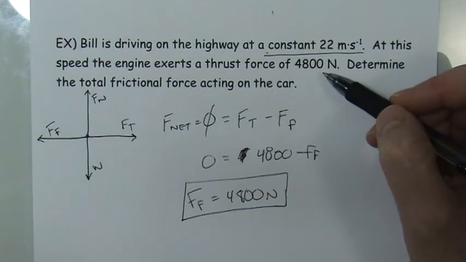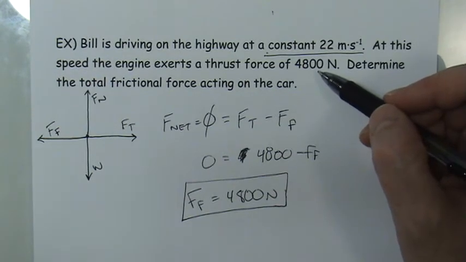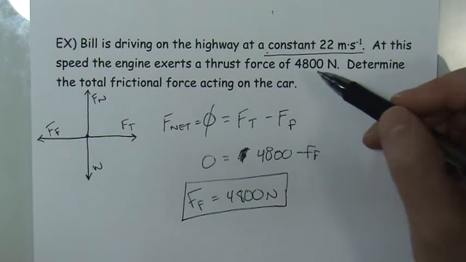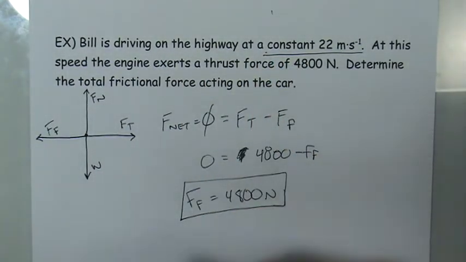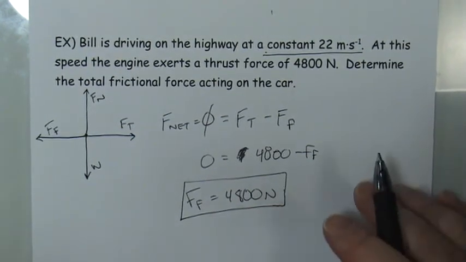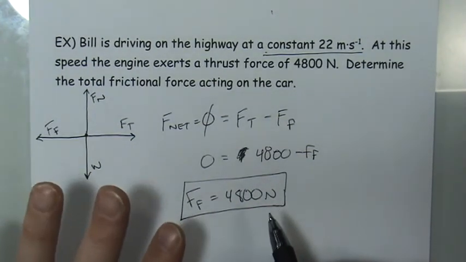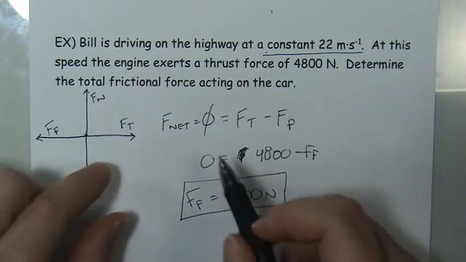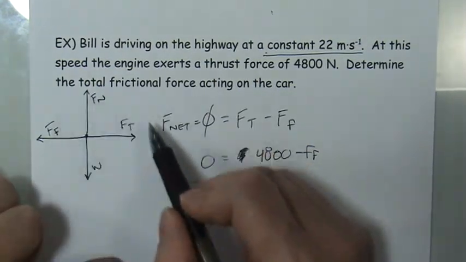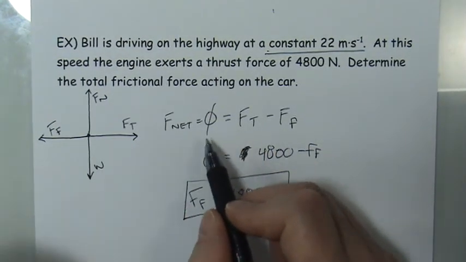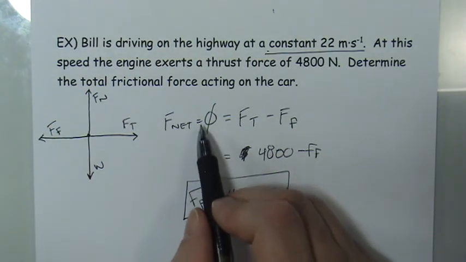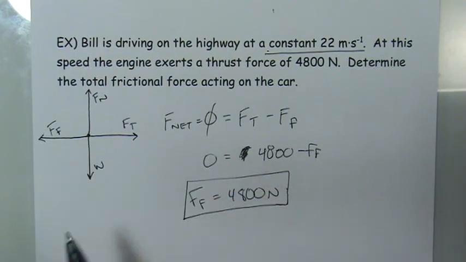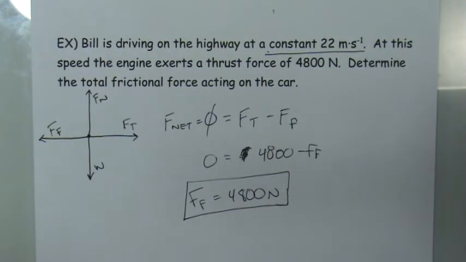So, basically, when I read this problem, as somebody who has studied physics a lot, I could just tell you right now, the answer is 4,800. I know that the thrust and the friction must be balanced because otherwise the car couldn't travel with constant velocity. But while this problem is very simple, we're going to look at more and more complex problems as we go. And this ability to draw the free body diagram and to write out the net force equation, asking is the net force equal to 0 or is it not equal to 0? We'll take a look at what happens when it's not 0 when we look at the second law.